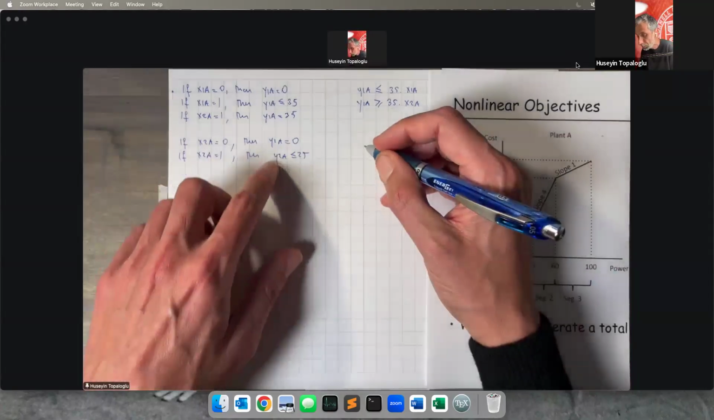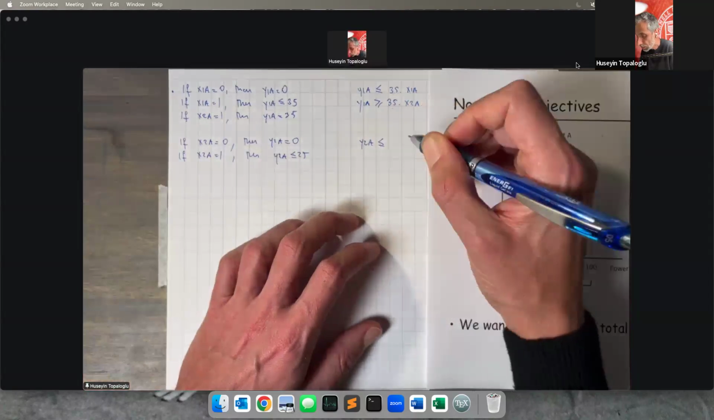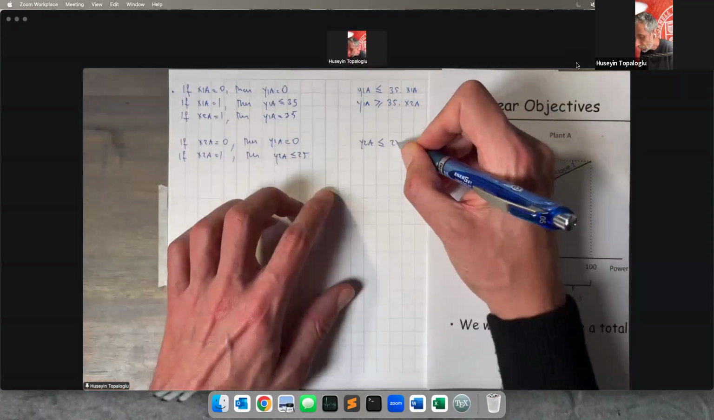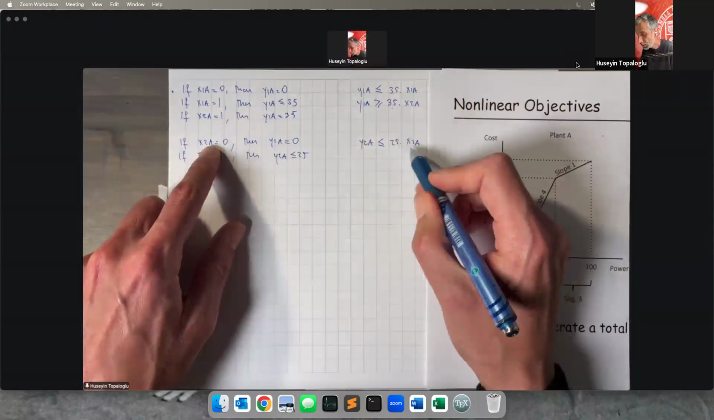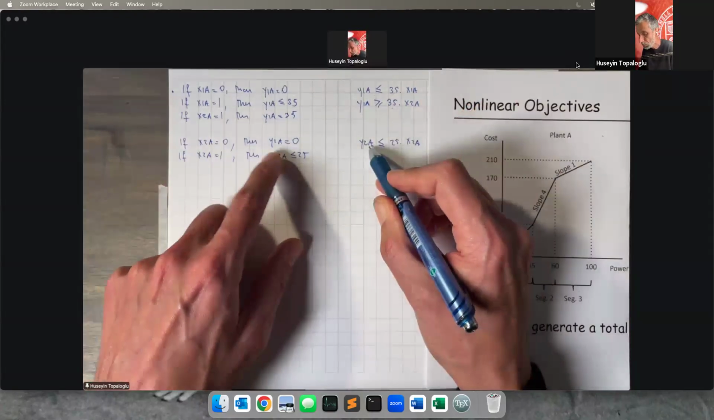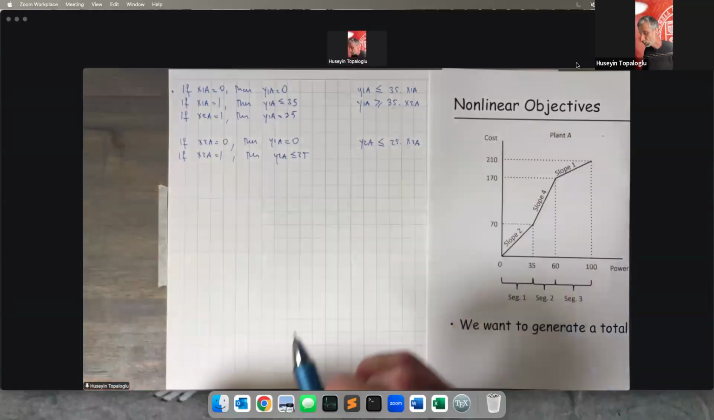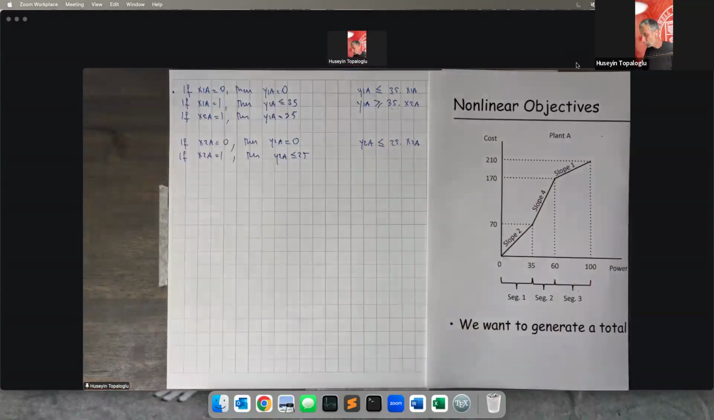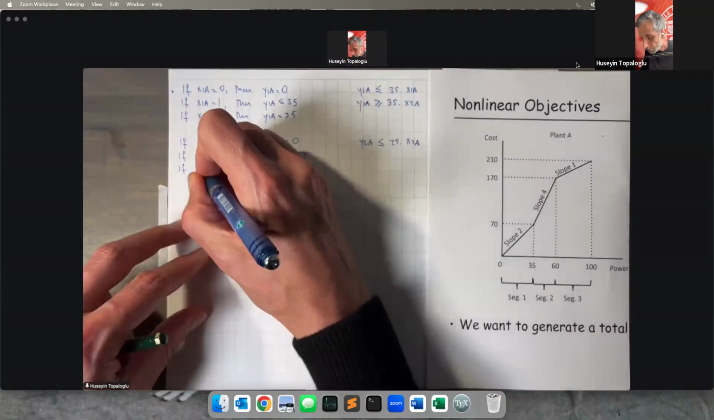To capture these two relationships, we're going to use a constraint that says y2a is less than or equal to 25 times x2a. If x2 is equal to 0, this is going to snap y2 to 0. If x2 is equal to 1, this is going to be 25, then y2 is going to be less than or equal to 25. But also, if x3a is equal to 1,